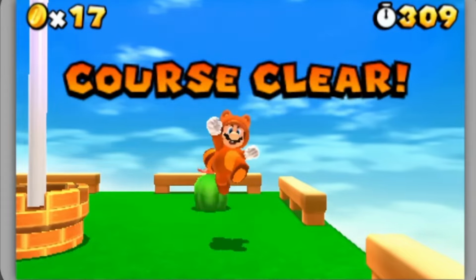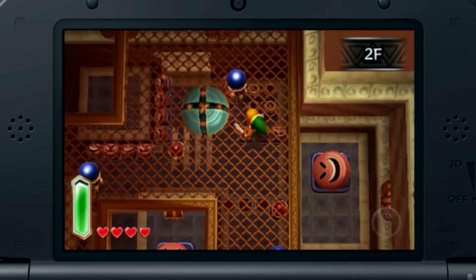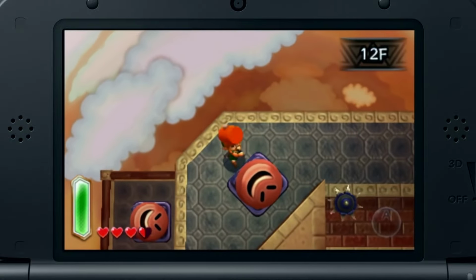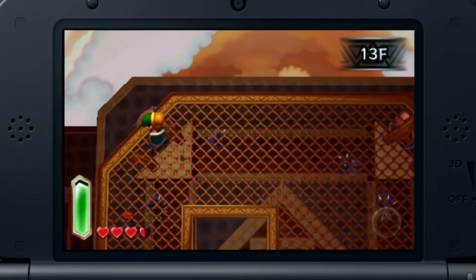In 2013, a Nintendo Direct gave us our first look at a new top-down Zelda title, and you could even watch the trailer on the 3DS in full stereoscopic 3D. My excitement was instant. The 3D looked great, and getting a classic top-down Zelda was something I wasn't sure would